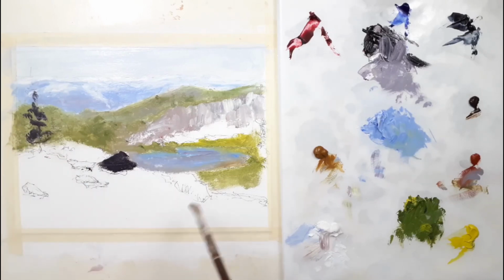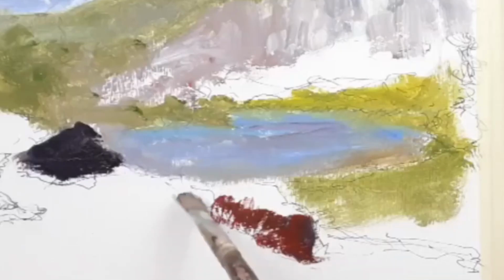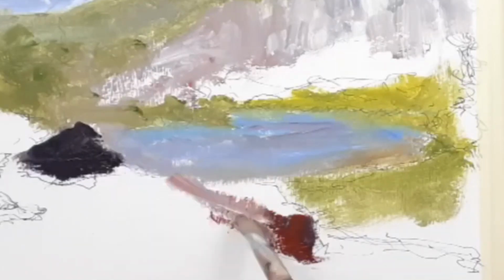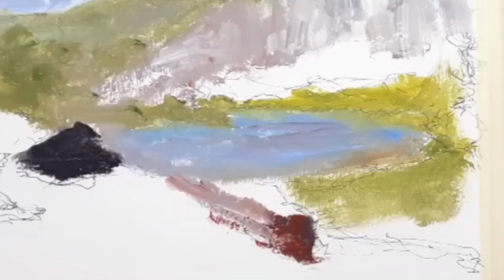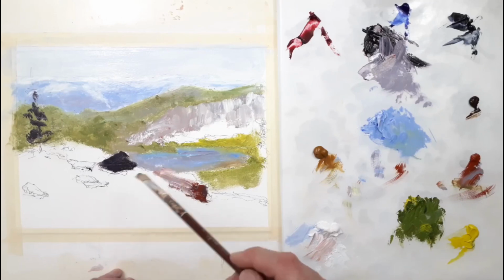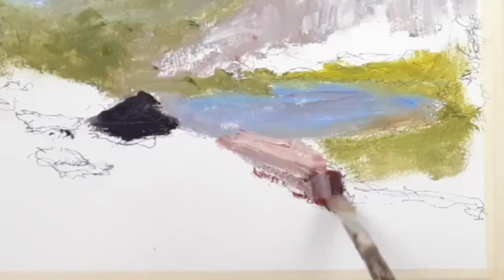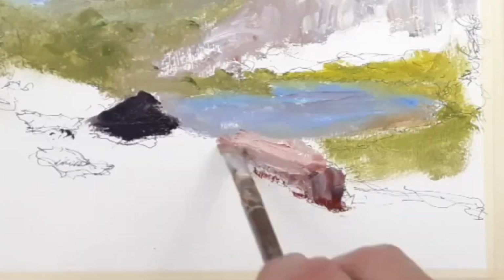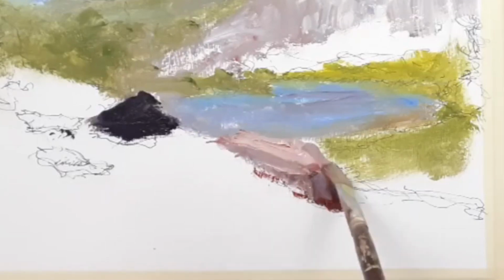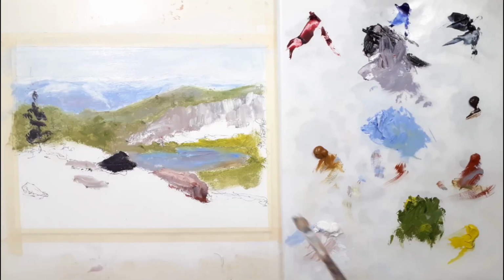I'll start these rocks in the foreground with a little undercolor, some darker colors, and some undercolor for the close-up trees. This darker color may look black, but it definitely isn't black. It's very deep violet. That'll probably show up as I mix a little white in with it later. Notice how many different colors I pull off the palette to put in these rocks in the foreground. Most of these colors you don't see in the photograph, but it just makes the painting just a little bit